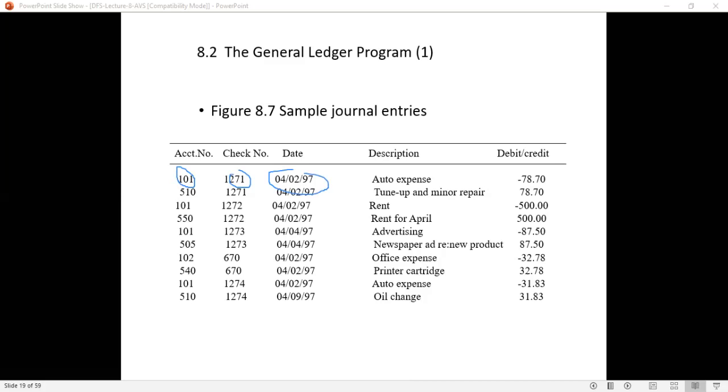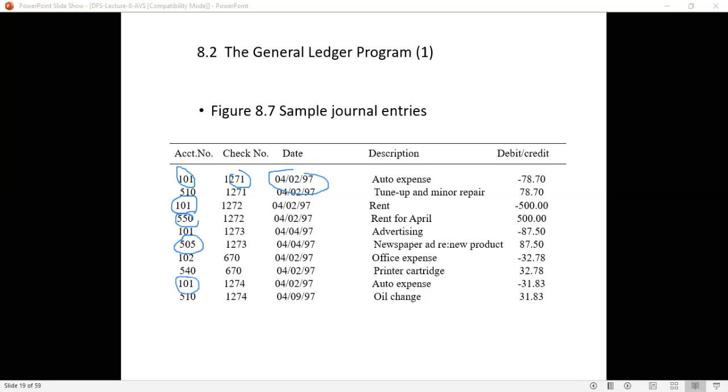Now is this file in sorted order? No, right? You have a mix of all the account numbers here. 101, and after one transaction you have 101 again, and you have 550 account numbers. This is an example account number they have given. Usually the account numbers will be very long, isn't it? But here for our ease, we have taken just three-digit account numbers.